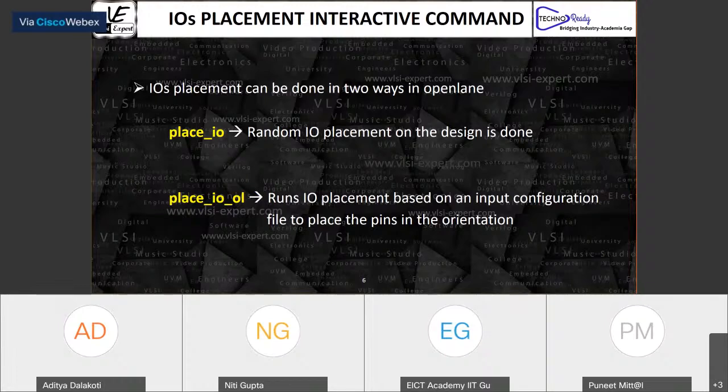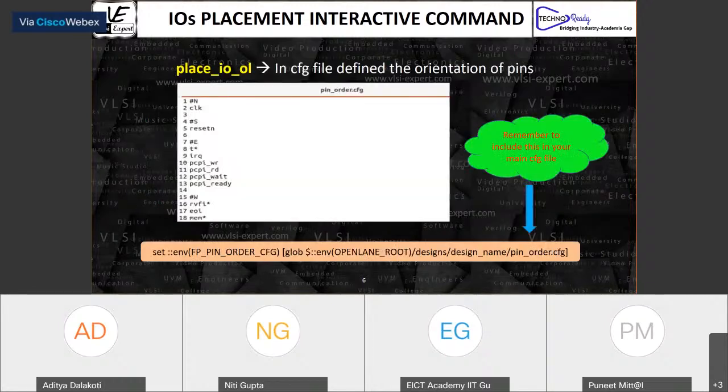So let's see what we're saying. I will do this in the tool environment; I'm just trying to explain. We'll create a pin order config file and place it in the same directory as your design.